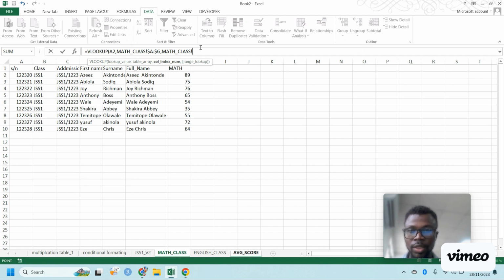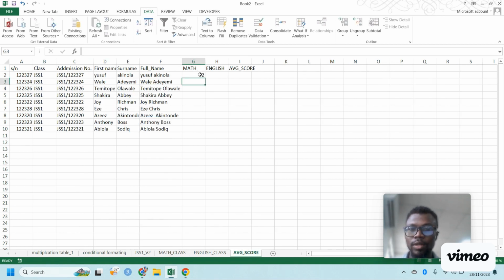So it's going to be comma. Sorry, that's when I selected the maths sheet, that's why it showed that again. So we select 7, comma, and what do we want? Is it approximate match or exact match? We select exact match, close brackets, and enter. You see 72 is now here. And when I drag it down,